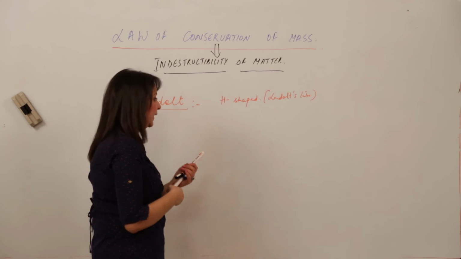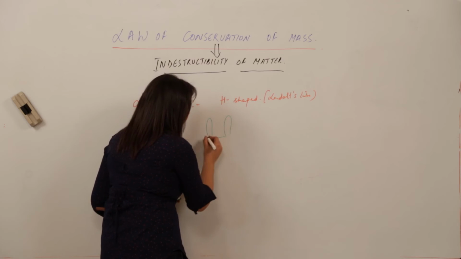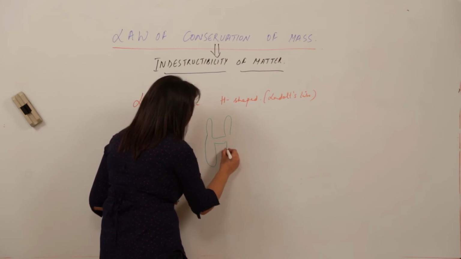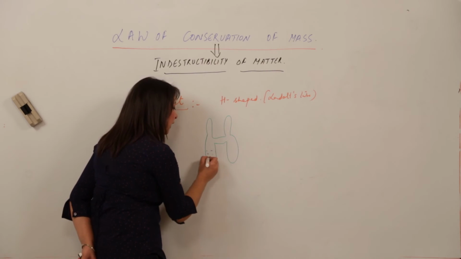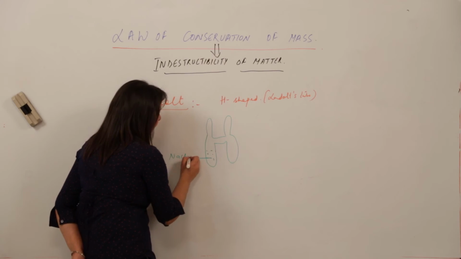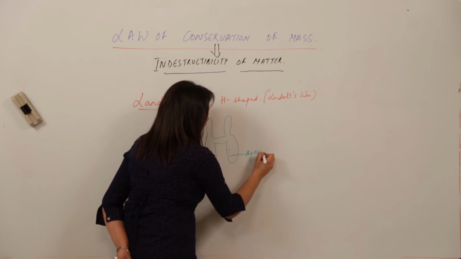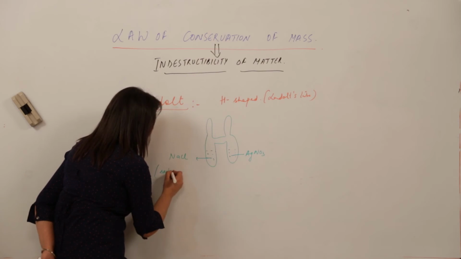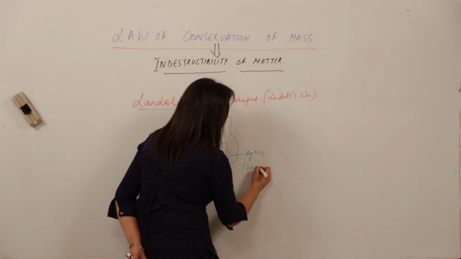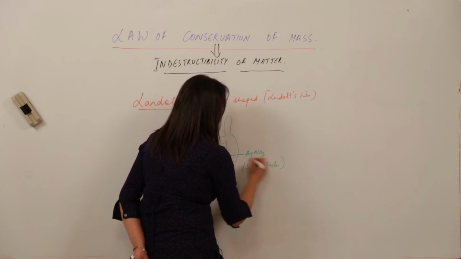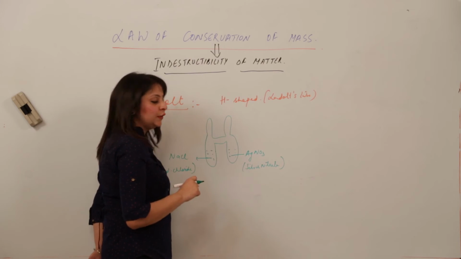Look carefully, what is it exactly? It is a glass tube which resembles the H shape, sealed from both sides, top and bottom. He took a solution in it, let us say NaCl in this arm and AgNO3 in the other. As you all know, NaCl is sodium chloride and AgNO3 is silver nitrate. So this half arm was filled with AgNO3 and this half arm was filled with NaCl.